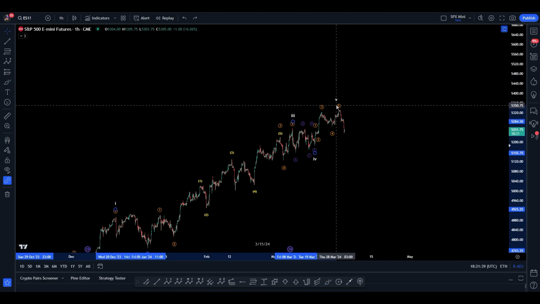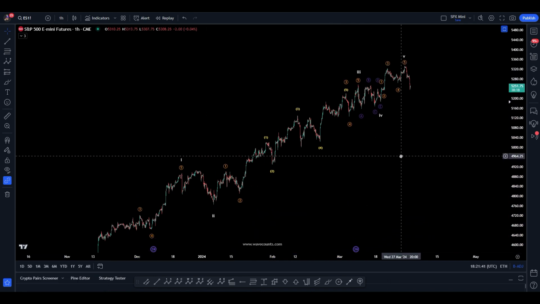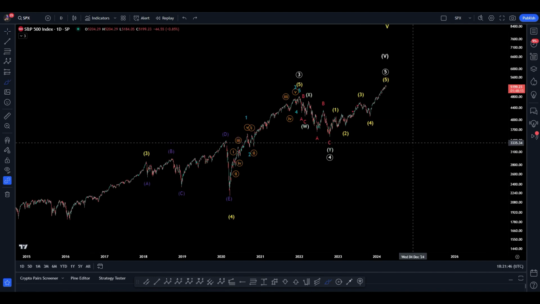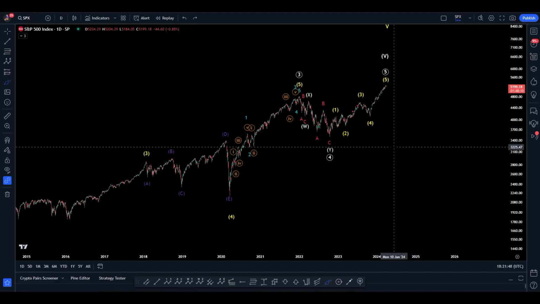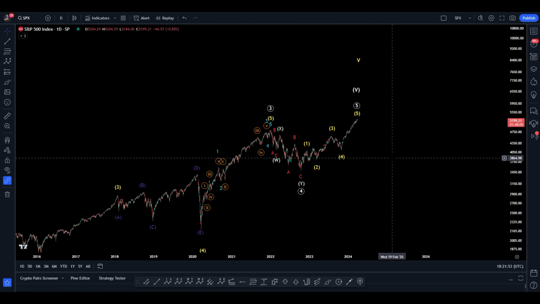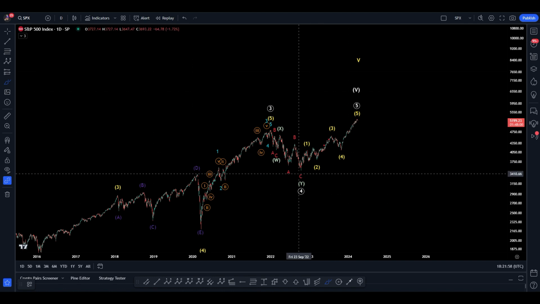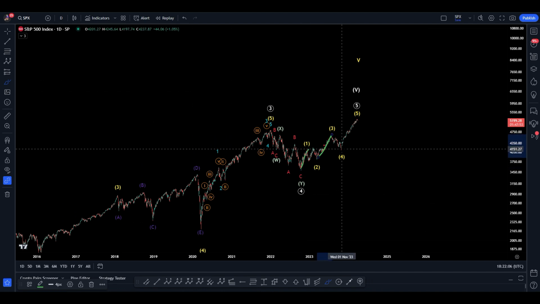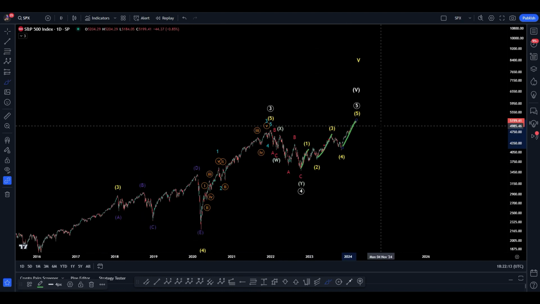And if that's the case, let's look at this for a moment then. Explain why I've now jumped an impulse pattern to the preferred count. For an impulse, you need 3 impulses, interrupted by 2 corrections. So 1, 2, 3 impulses. As you can see, we just counted this, the same thing we just counted on a smaller time frame. That's an impulse, right? In order for this B wave now to be